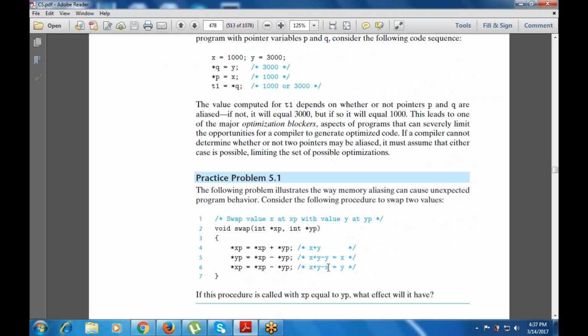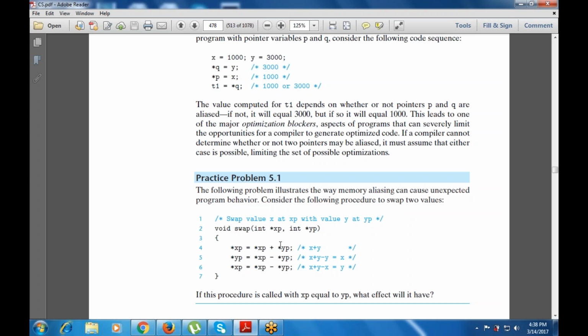Now this program is a swap program, meaning swapping the values without using a third variable. This program illustrates how memory aliasing can cause unexpected program behavior. Till now we have discussed how to swap values with the use of a third variable, that is temp. But here we are not using the third variable temp, only two variables. Now if a question arises to swap the two values,